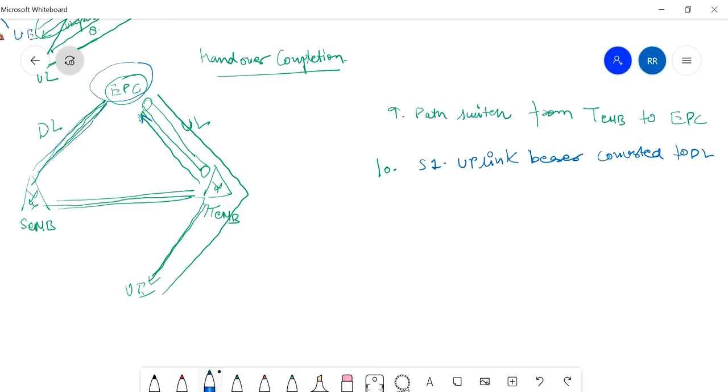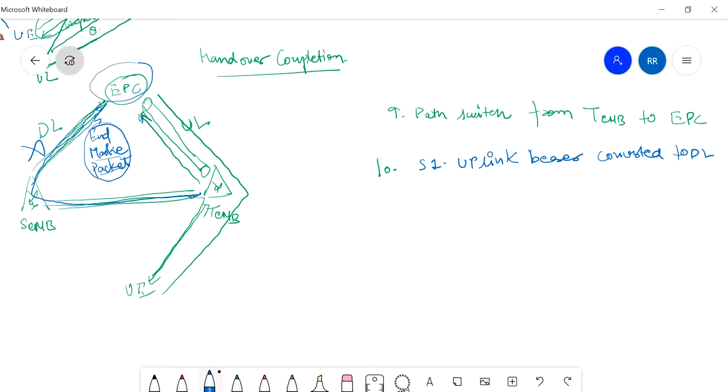There comes an end marker packet, and that end marker packet denotes that this is the last packet via this path. An end marker packet comes via this path to X2 and target eNode B, right? And when it reaches the target eNode B, after that end marker packet, this link breaks.